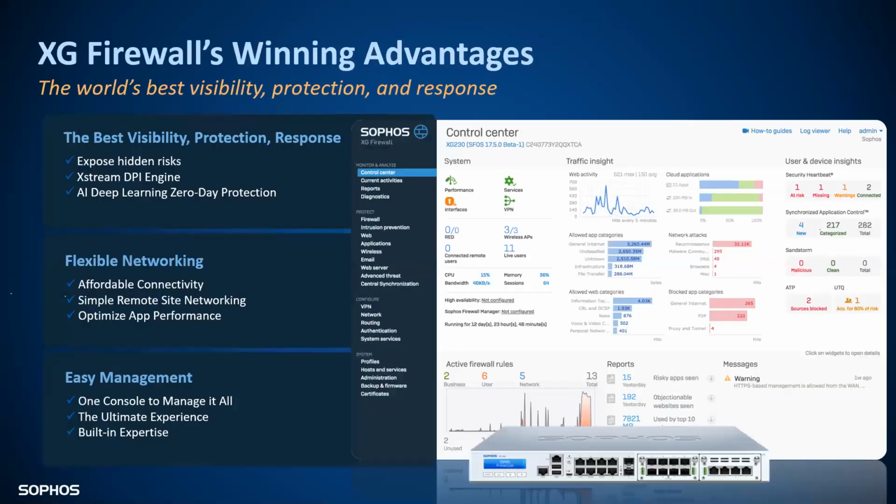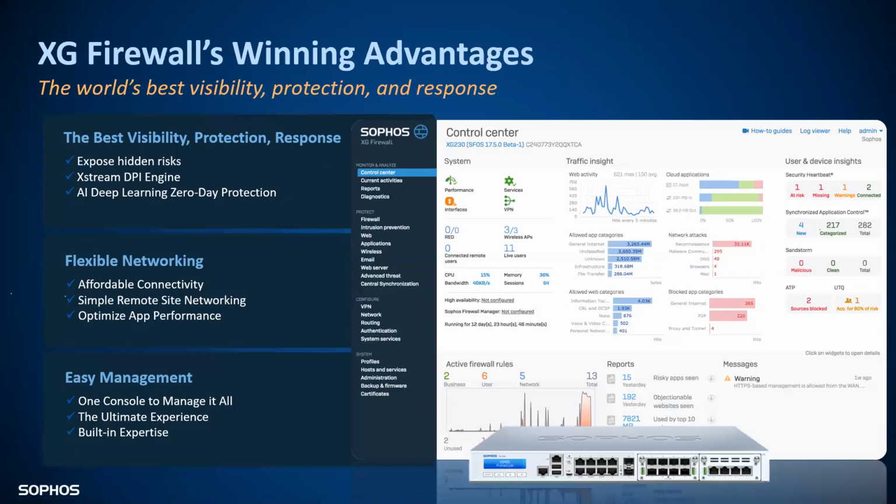These are the winning advantages. Explore hidden risk in terms of SSL traffic, application, malware analysis, deep dive of any malware scanning, deep learning obviously is there. Connectivity, 1G, 10G, 40G connectivity is there. Remote site networking VPN is absolutely free.